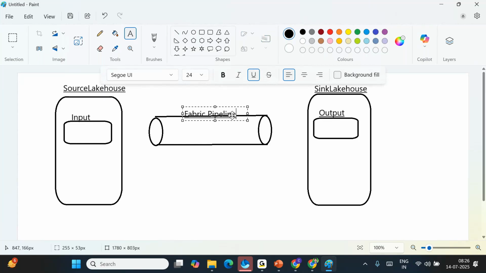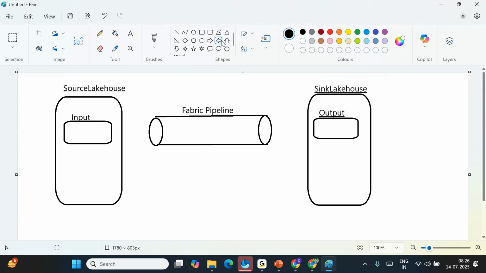All these things are available in a single service or not? Yeah, single service. Single service means you don't have to create any linked services. Generally in ADF, you might have heard about linked services to connect to the input folder, and a linked service to connect to the sink storage account in the output folder.